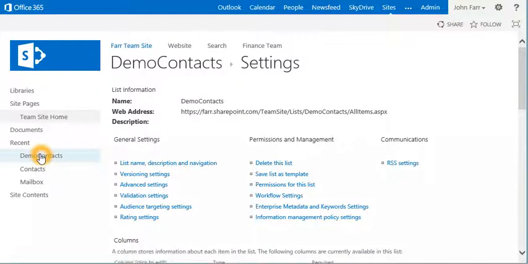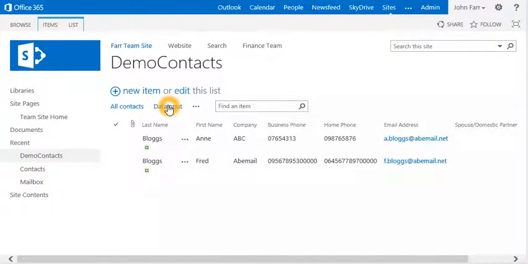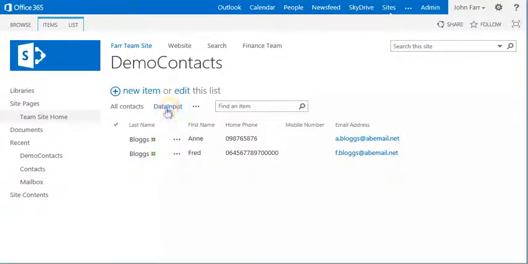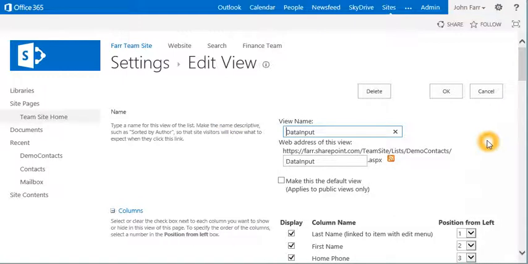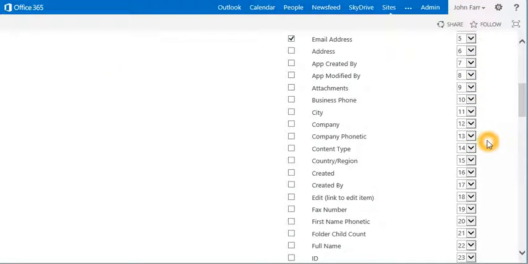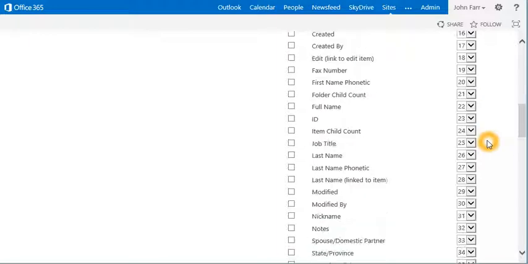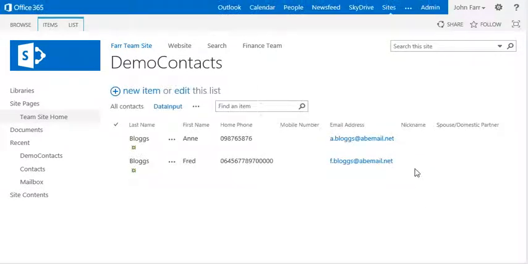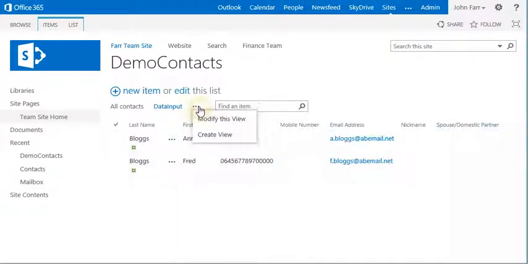Click back on Demo Contacts. Go back to the list and click on the data input view that we've just created. So that gives us last name, first name, home, mobile number, and email address. So we need to just add the spouse and the nickname. So if I look down here, I can see spouse and nickname. Press OK. I see the nickname and the spouse are the wrong way around, so I click on modify